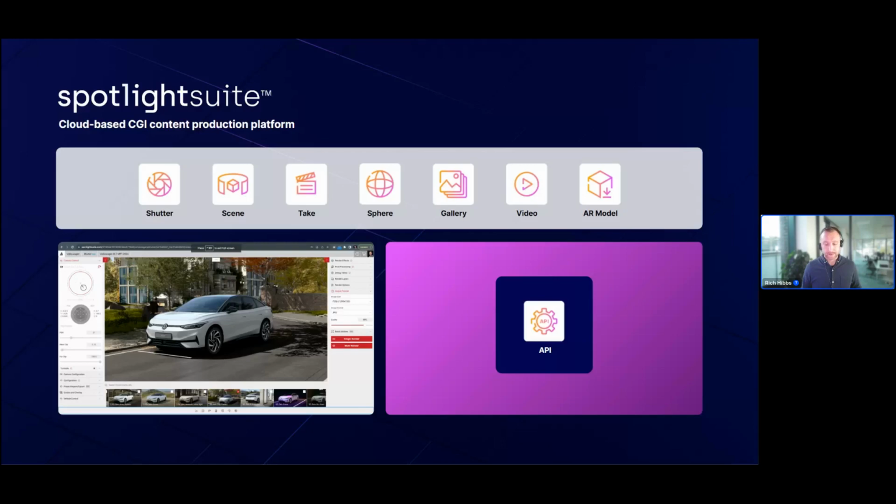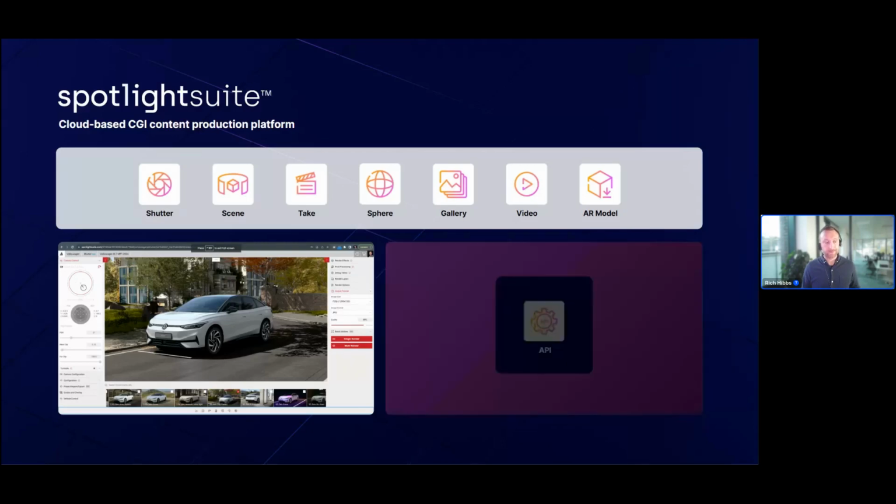So last month, in session number 1, we focused exclusively on using the UI. We showed you how you can use different apps. So along the top bar here, we can see icons. There are different types of apps to create different types of content. So you can use the Shutter Pro app to create images. You can use the video app to create video, funnily enough. And what we looked at was how that works.